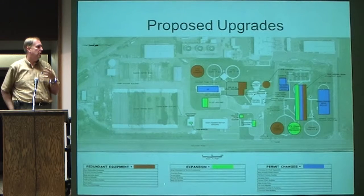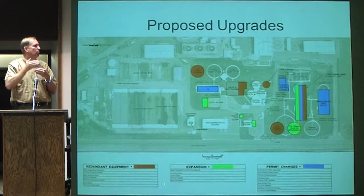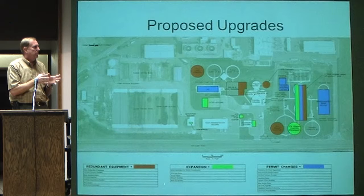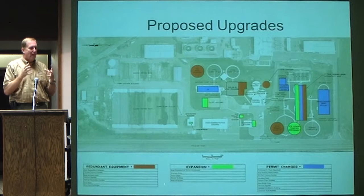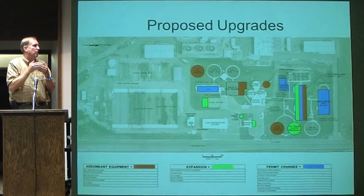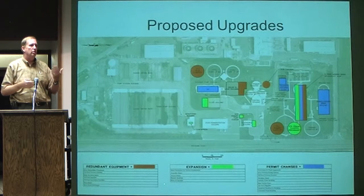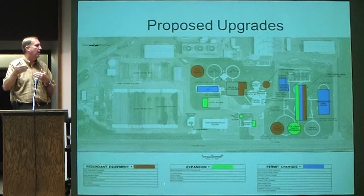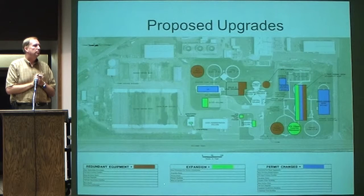I know Jeff wants to get some done sooner because of the redundancy stuff, but I'm building roughly that window. And the hard part is, if you guys tell me exactly what your population is in 20 years, I'll tell you exactly what we need. Since I know that's a real fuzzy crystal ball, and it always is, we say 20 years, but if you grow really fast, it may be a little less, it may be a little bit more. And even on the last one, you guys brought Elk Ridge into the plant, and that reduced that time frame from what we were planning in 2000 when we planned it. So if we're looking at a regionalization,